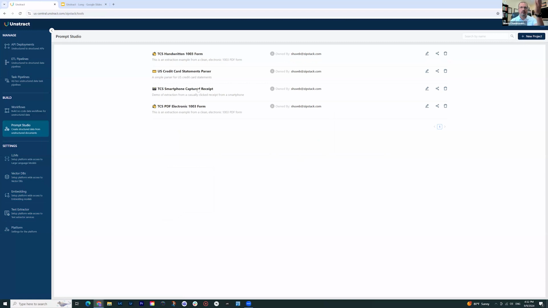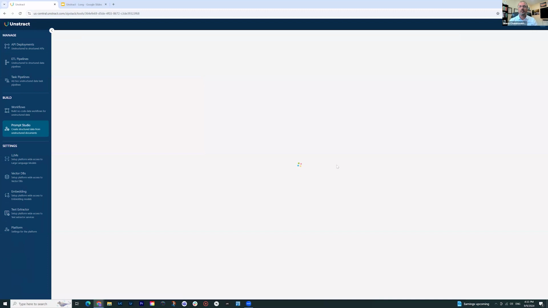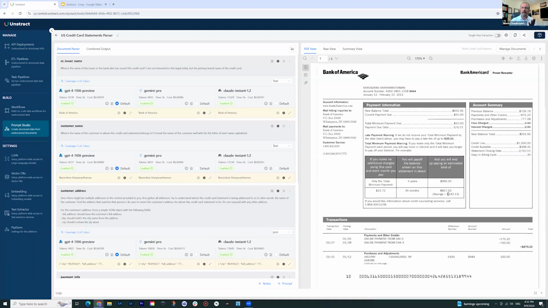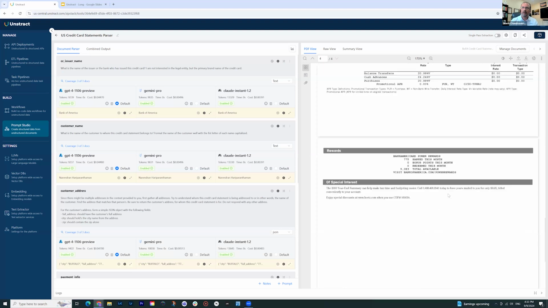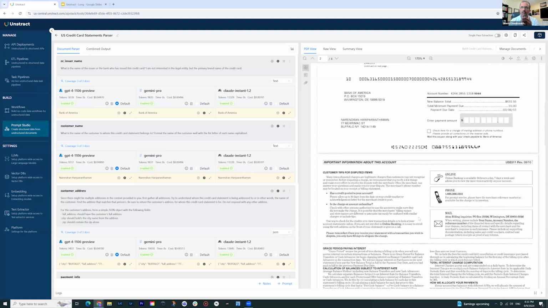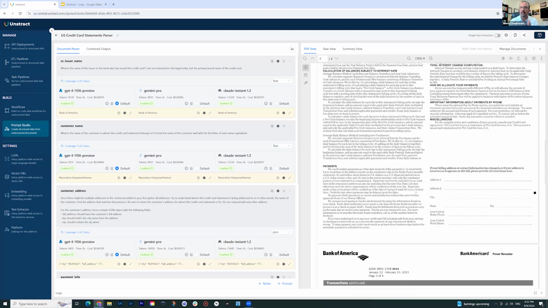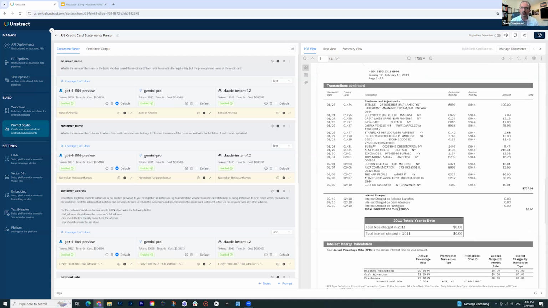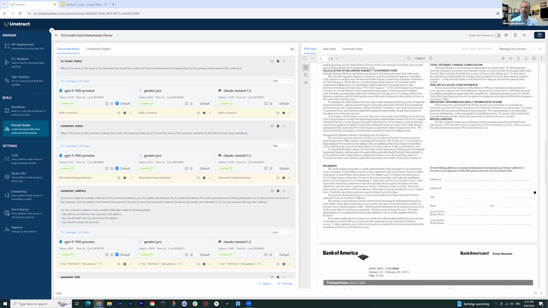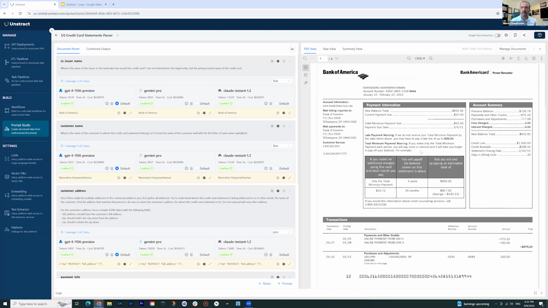There are a few things I have set up for demo purposes. Let me start with the credit card statement parser. I have three different types of credit card statements in this example. One is Bank of America, which you can see. It has some initial text here, account summary and all this stuff. There are some transactions that are starting. And then there's a whole lot of legalese and marketing stuff embedded there that is not needed at all. Then you have, again, transactions, broken into this page. And then there are some balances and things like that. So this is one format of a Bank of America statement.